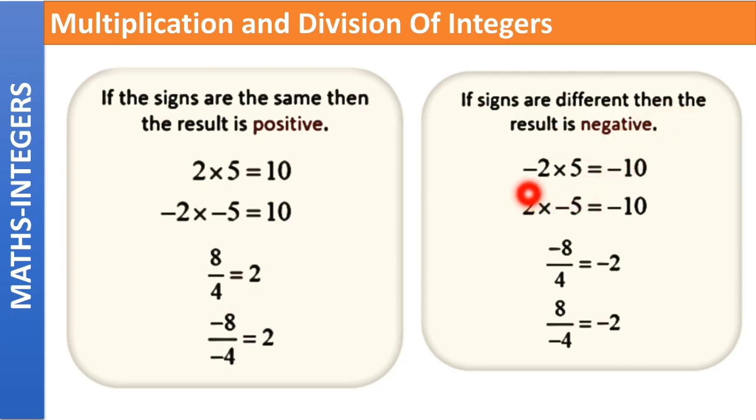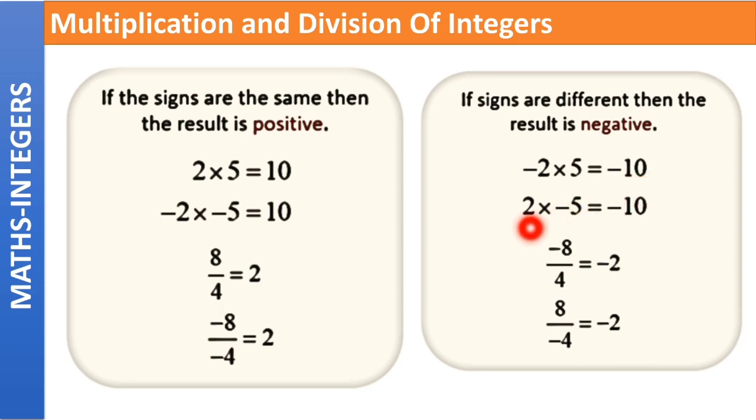Now look at this multiplication here. Minus 2 into 5. First look at the signs. 2 has a negative sign and 5 is a positive number. Negative and positive. Both the signs are different, right? So what will the result be? The result will be negative. The result will have a negative sign. Are you seeing this? The result has a negative sign because both the signs given in the question are different. Coming to the absolute values, 2 into 5 is equal to what? 2 into 5 is equal to 10.